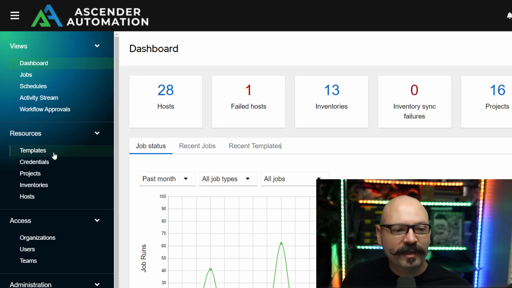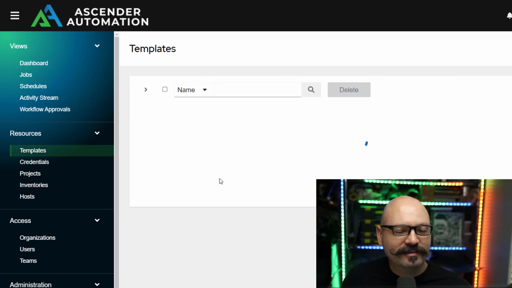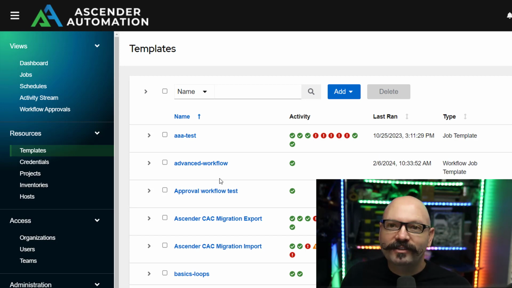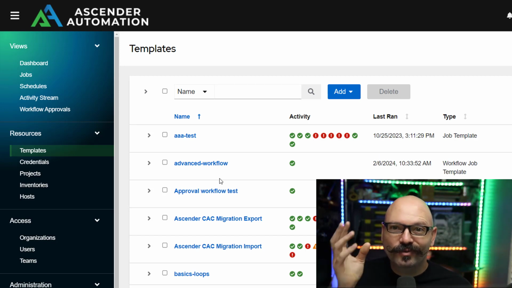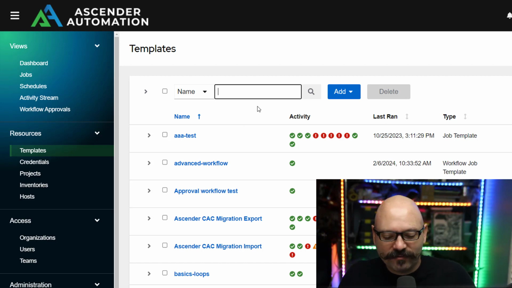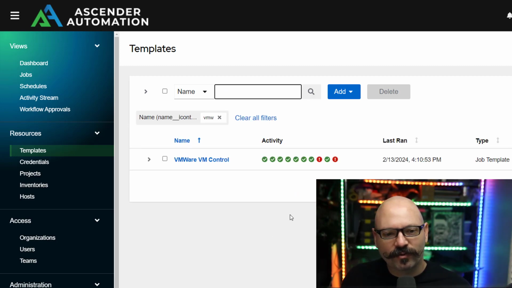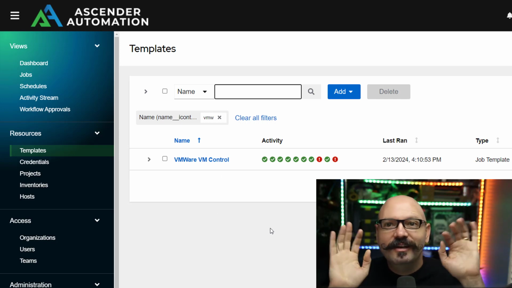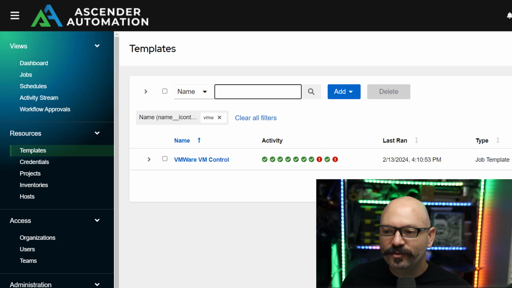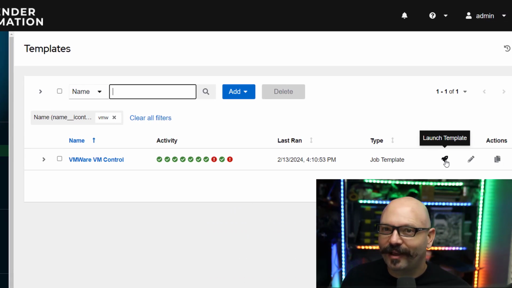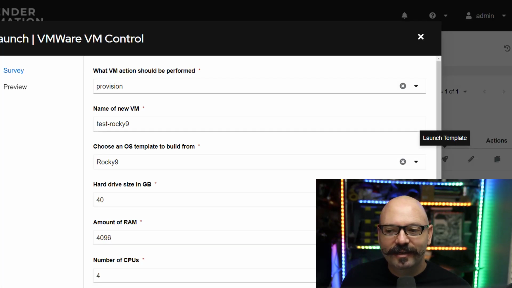So in here in my Ascender, I'm going to go to my template section. And again, Ascender is our enterprise automation platform that allows you to securely create and share automations inside of here. So I'm going to do my VMware. Let's go to my VMware one first. So VMware control, I wrote a playbook, and we'll take a look at them here in just a moment so you can juxtapose the two to do some VMware control. This one is for demo purposes. You probably wouldn't necessarily do it in this specific way, but I can click the launch button over here